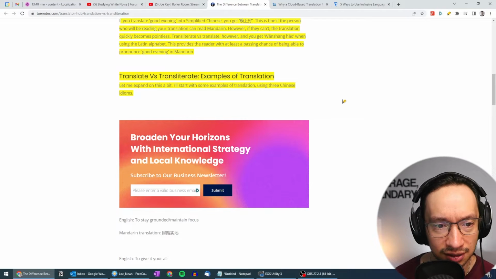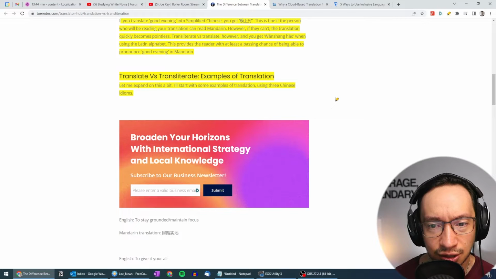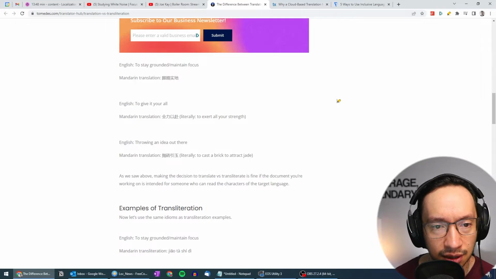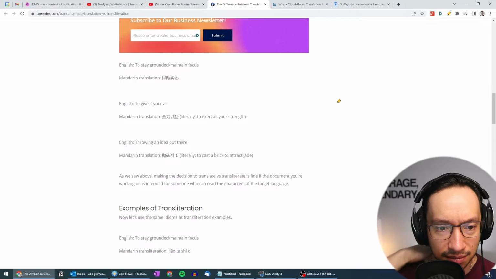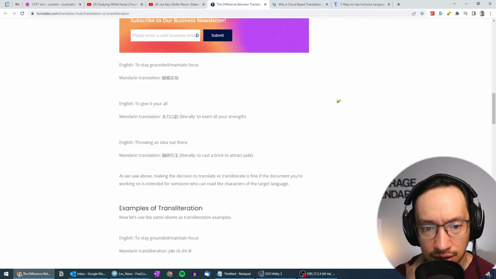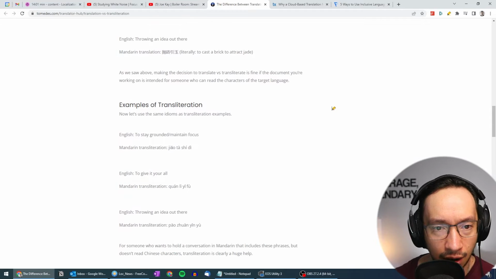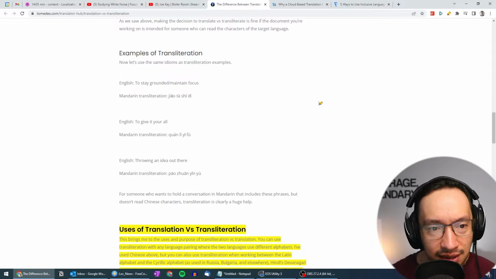Now, examples of translation. Let me expand on this a bit. I'll start with some examples of translation using 3 Chinese idioms. So there are 3 idioms here: to stay grounded, to give it your all, throwing an idea out there. And then there's the Mandarin translation, which is written using the Chinese characters. And now the examples of transliteration.